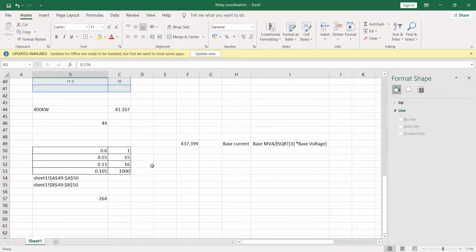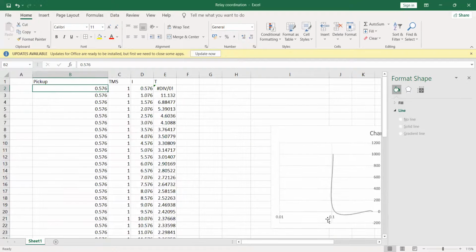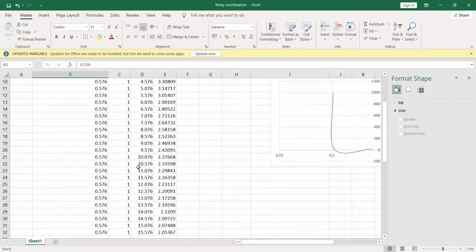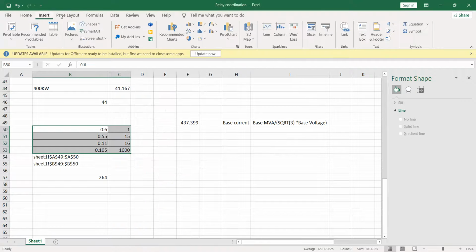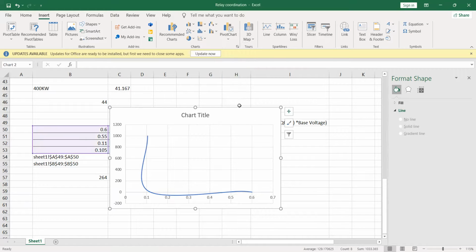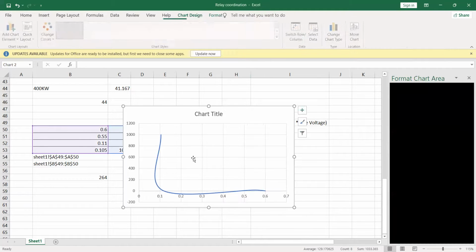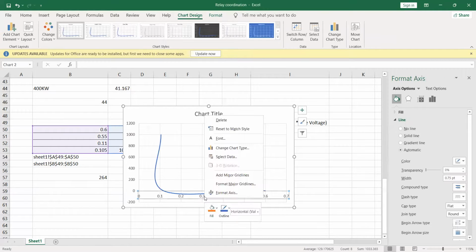We have to do a little bit of workout. Let us see what we have to work out. Let me plot this motor curve alone and see how it looks. Okay, I'm getting it like this. Something is wrong with the axis.